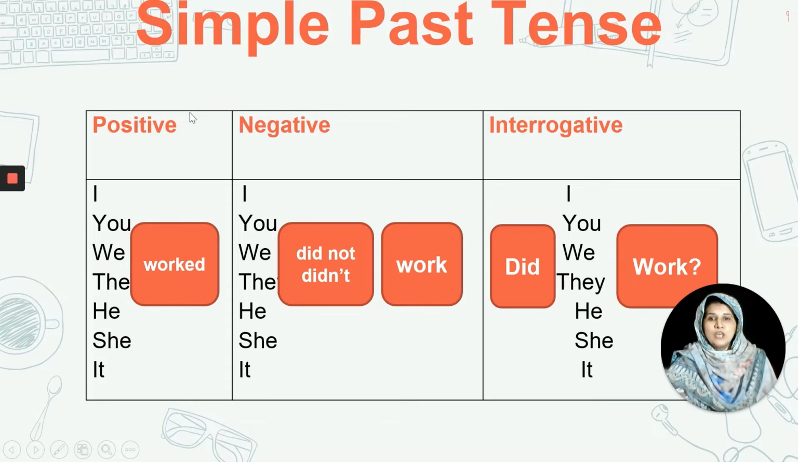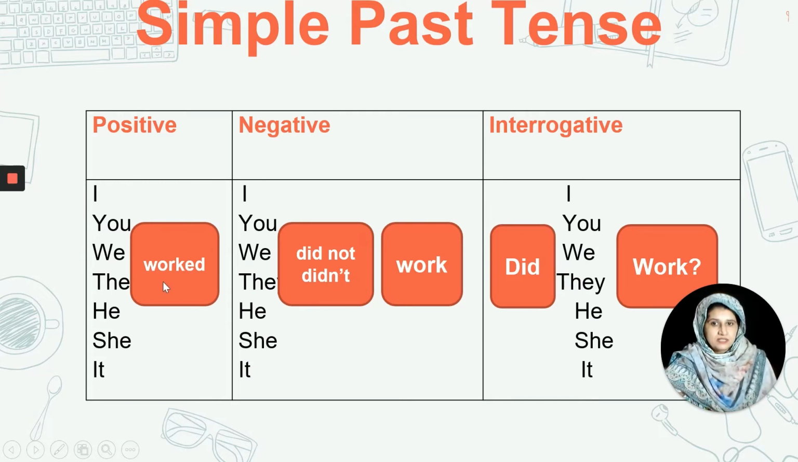Okay, now we'll see how to make sentences: positive sentences, negative sentences, and interrogative sentences. First of all, we'll see the positive sentences. I worked. You can see I is the subject, worked is the second form of the verb. I worked, you worked, we worked, they worked, right? He worked, she worked,